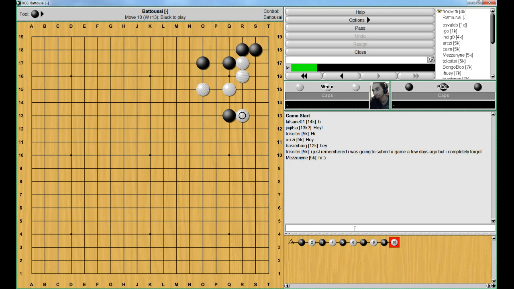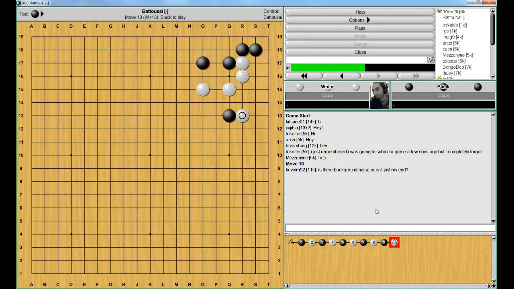By that I mean we're not actually saying, okay, I'm going to attach to this, we're going to fight, and I'm going to get this awesome right side for it and kill off this stone in the process. Not going to happen, because like shoulder hits, when you attach to your opponent's stone, unless they play away, chances are they're going to get stronger in that area. And here is an example of,